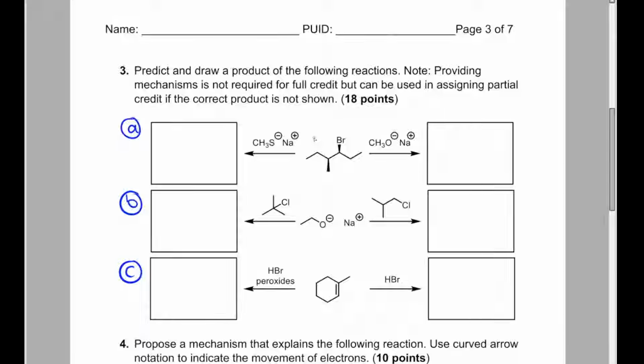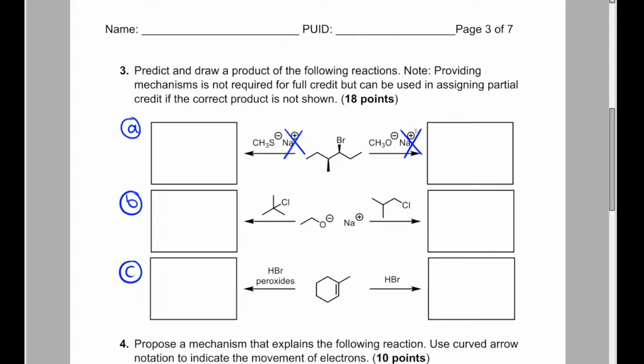And we can already eliminate E1/SN1 in this case because remember that E1 is associated with weak bases and SN1 is associated with weak nucleophiles. And when we think of the term weak, we usually think of neutral or positively charged reagents. In this case, this reagent is negatively charged, and just as a side note, the Na+ ion doesn't really matter because it's just there to be like the salt of a conjugate base, but when you put it in solution, it just dissociates and does not participate. And I'm just going to cross that off here too. And back to what I was saying,